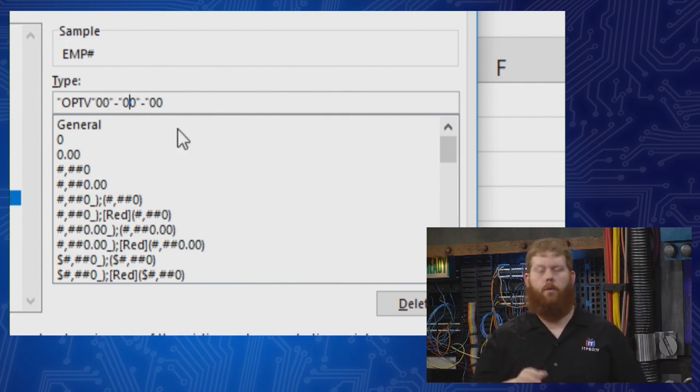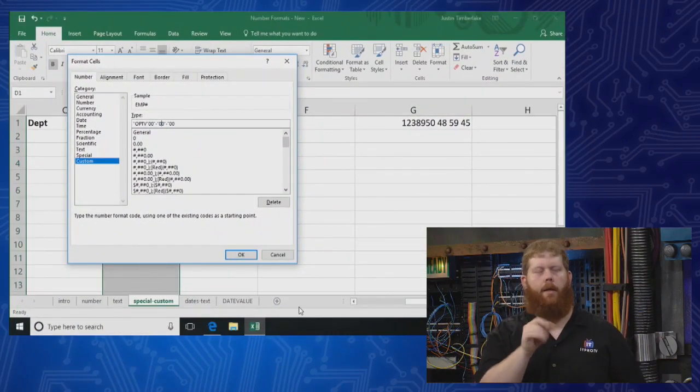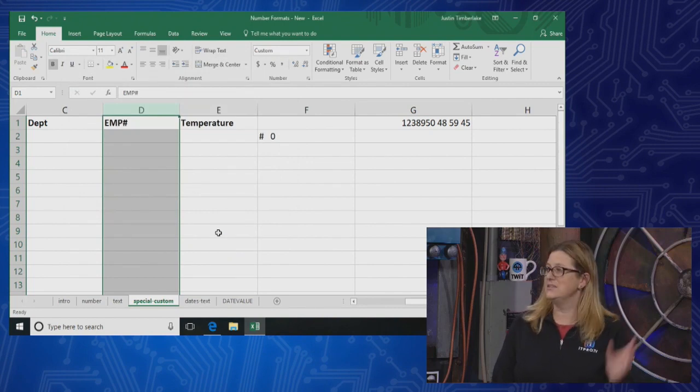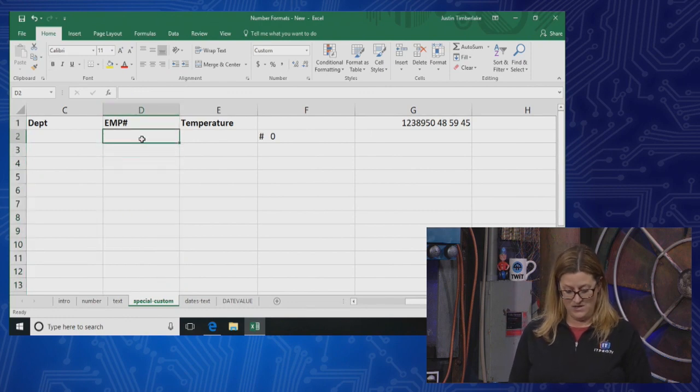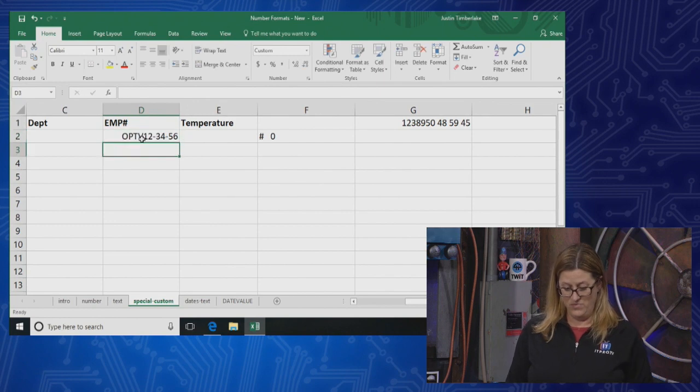Yes. Okay, there was a lot going on in my head. I was like, wait a minute, hold on. All right, yeah. Got it. It's a little difficult to wrap your head around, and since I'm using such a long example, it's like, wait, where are the quotes? Let's type it in. If I come into here and type in 1, 2, 3, 4, 5, 6, 6 digits, there you go. Look at how it put in the dashes, and that's pretty cool. If I typed in